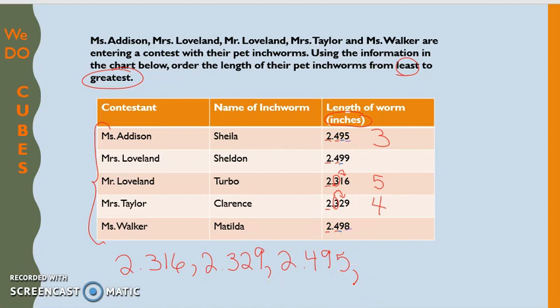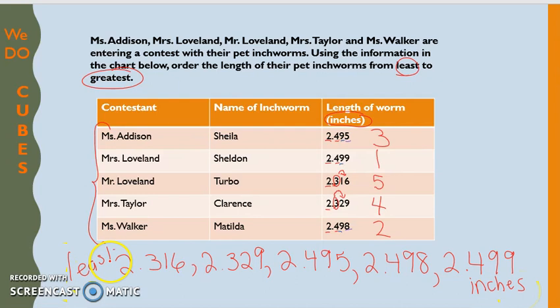Miss Walker's would be in 2nd place with 2.498, and Mrs. Loveland's would be the very largest one at 2.499 inches. So this is the least, and that would be Mr. Loveland's Turbo, all the way to the greatest, which is Mrs. Loveland's Sheldon, at